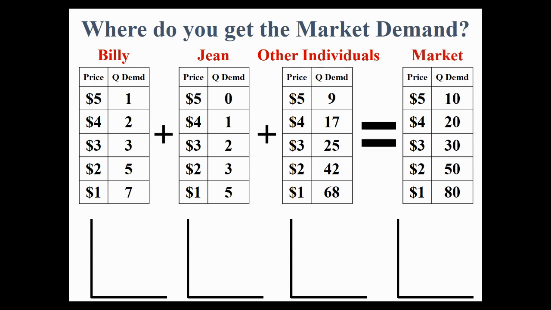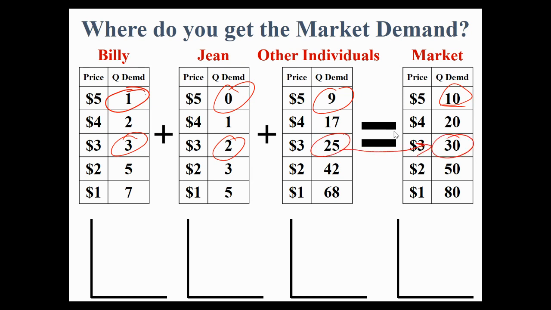So if we look here, Billy at $5 buys one, right? Billy buys one at $5. Gene buys 0, and then the rest of the class buys 9. So 1 plus 0 plus 9 is 10. And then we can go all the way down here. So at $3, Billy buys 3, Gene buys 2, the rest of the class buys 25, and that leads to